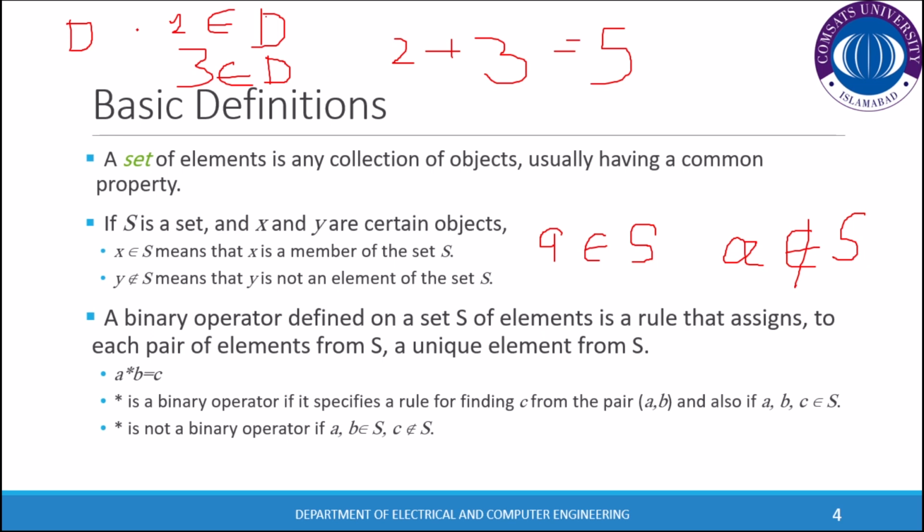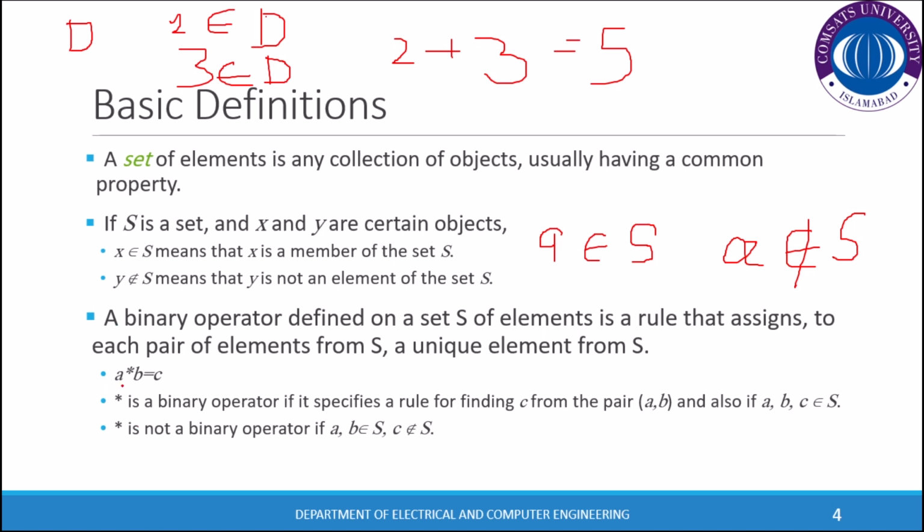This example here is for decimal numbers, but the same goes for binary operators. There are some operators in binary. When we talk about binary, it means that these operators apply on binary numbers, and we all know that binary numbers are 0 and 1. So there is a binary operator which, when we apply it on two elements of our set S, gives a unique element, and that element also belongs to S.